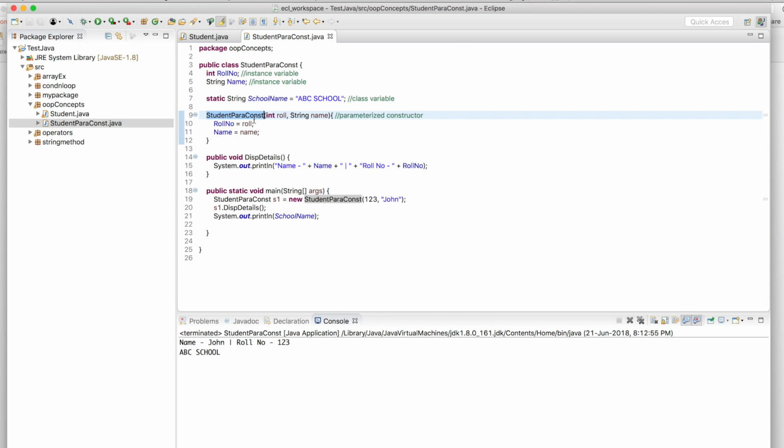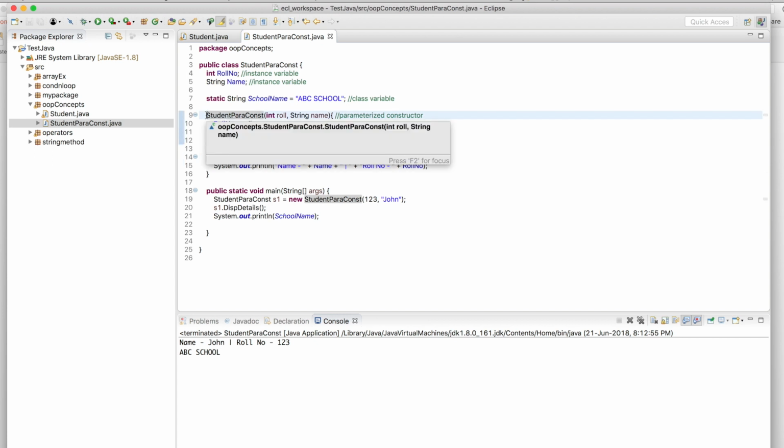So constructors and methods are the same only. It will do a certain task. But the only difference is that you cannot call it; it will be called once you create that object. That is the difference. And here, if you can see, it will be void, but here there won't be any